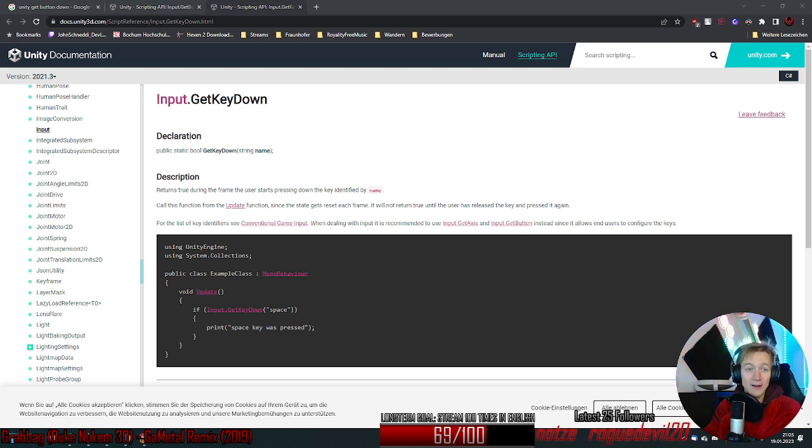So we are going to code with GetKeyDown. Okay, last time we wanted to do this with GetButtonDown, but GetButtonDown has to be defined inside of the Unity project settings, and that's not good for us because we are going to ship this. And if we are going to ship this,